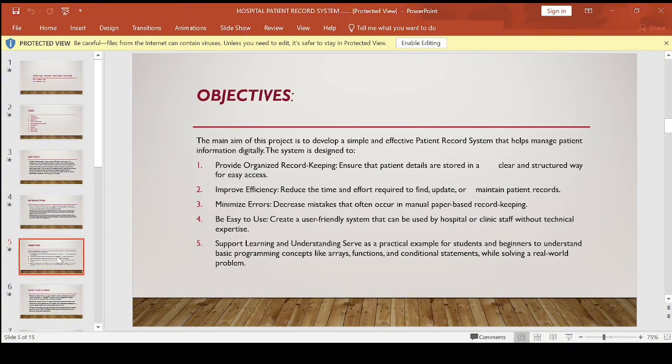The main objective of our project is to design a system that efficiently manages patient information digitally. To break it down, our goals include organized record keeping, ensuring that patients' details are properly stored for easy access; improved efficiency, reducing the time required to find or update records; minimized errors, preventing mistakes that commonly occur in paper based systems; user friendly design, making it simple enough for hospital staff to use without technical training; educational purpose, helping